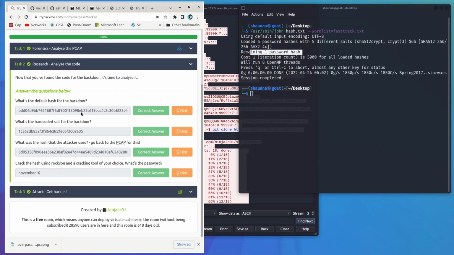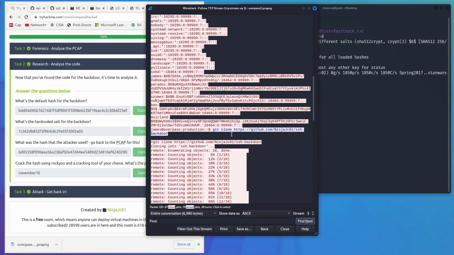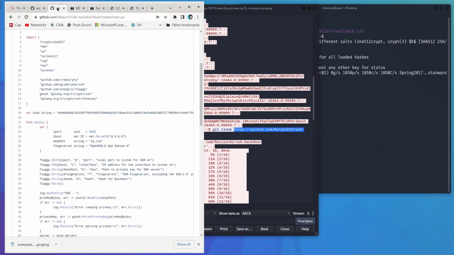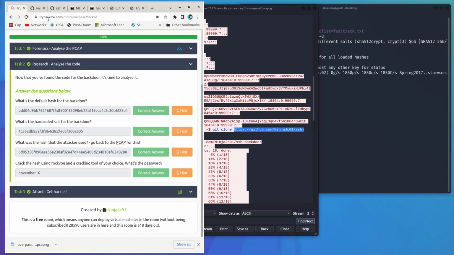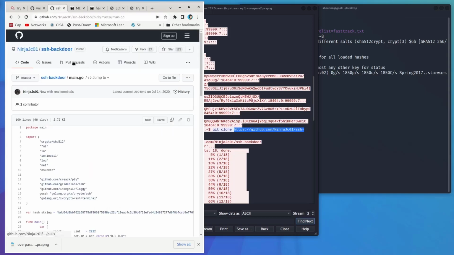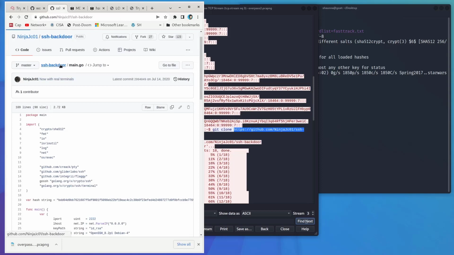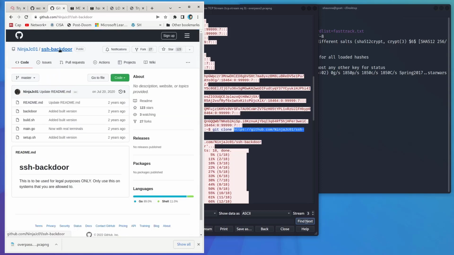What is the default hash for the backdoor? Okay, so we have to go to this website right here for the backdoor so we can find out information about it. If you go to this page, which is the GitHub for the SSH backdoor, we can find some information from here. Again, the question was the default hash for the backdoor. So from the main page for the SSH backdoor, you want to go into the main